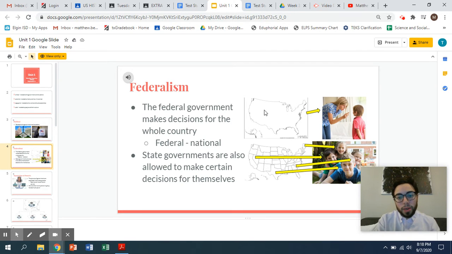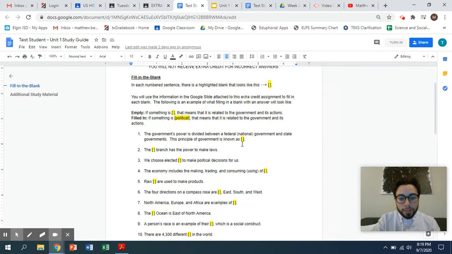Federalism is that idea that you have a federal government that makes decisions for the whole country, and then you've got state governments that make decisions for themselves. So if you're watching this, you got the very first answer, federalism. Cool. That's all you have to do: you just have to find the answer